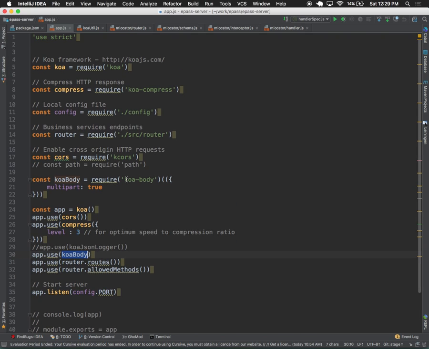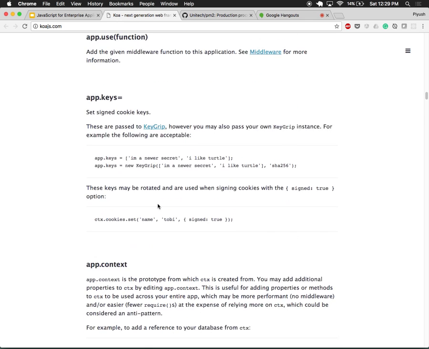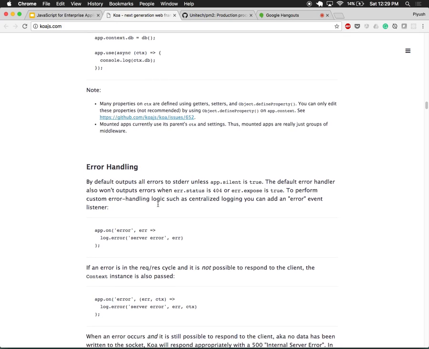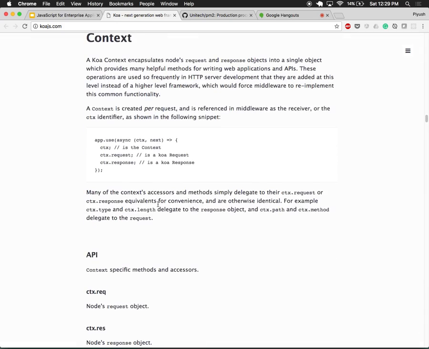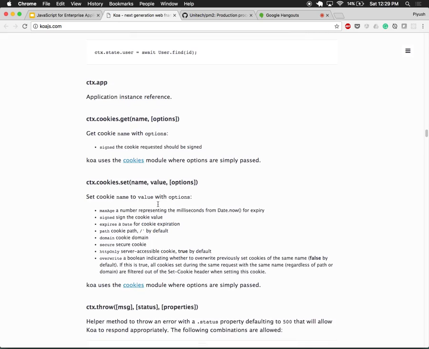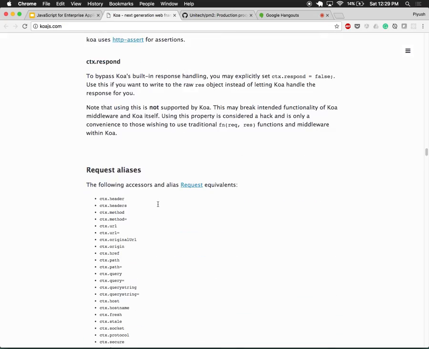One thing which Koa does not provide is semantics for functional programming. Maybe I can go through some of the examples here, the context, to better understand.